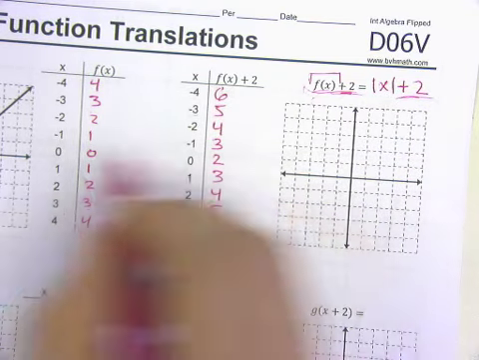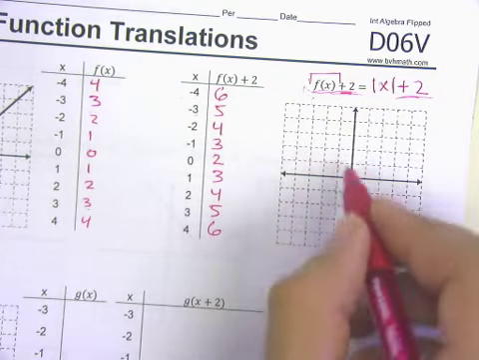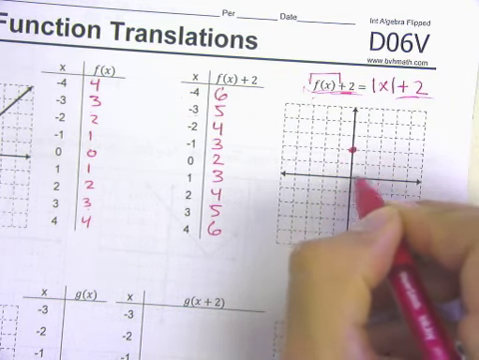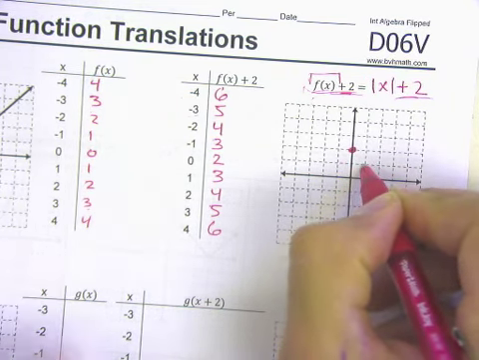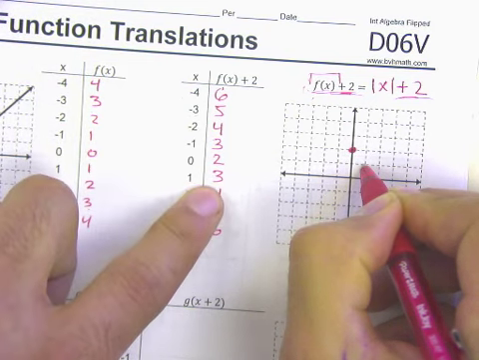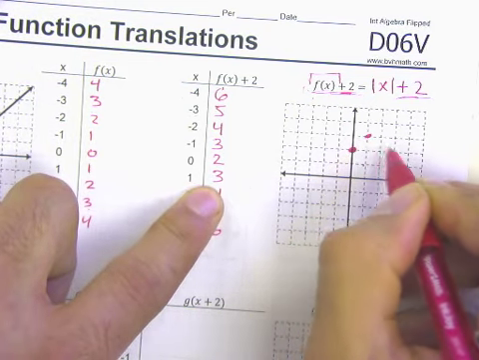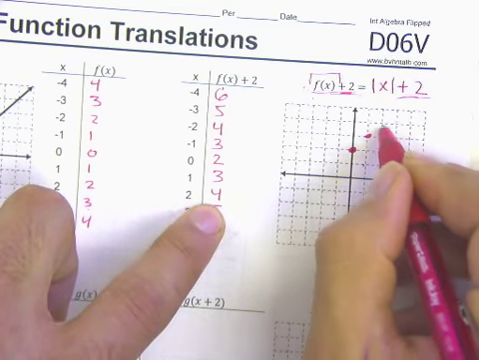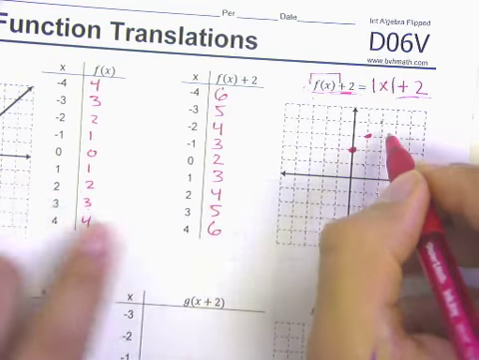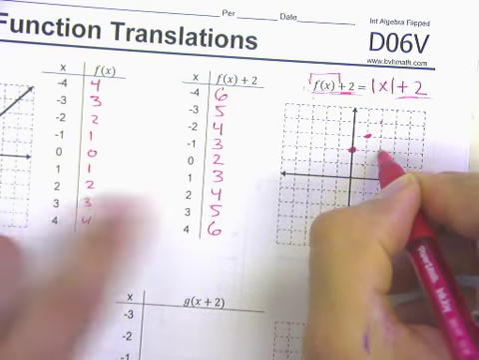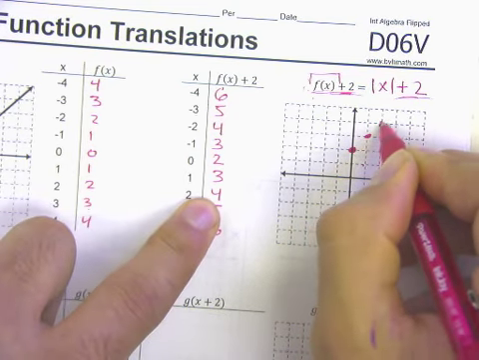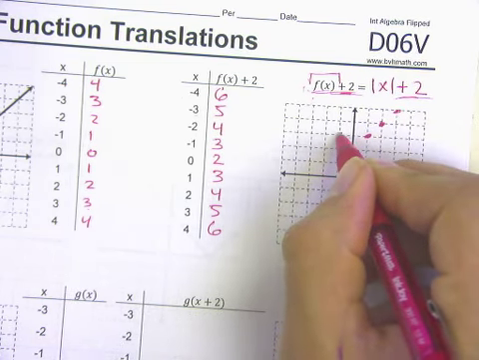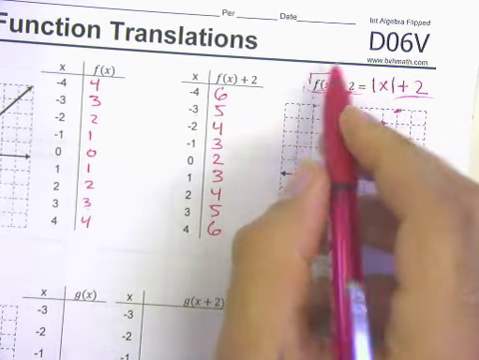So where before we had 0, 0, now we've got 0, 2. Before we had 1, 1, now we've got 1, 3. Before we had 2, 2, now we have 2, 4. Right? So what we can see from this is that when we add 2 to the outside of our